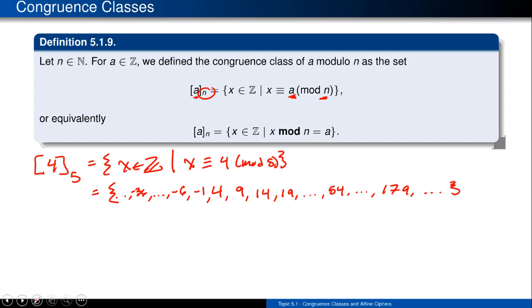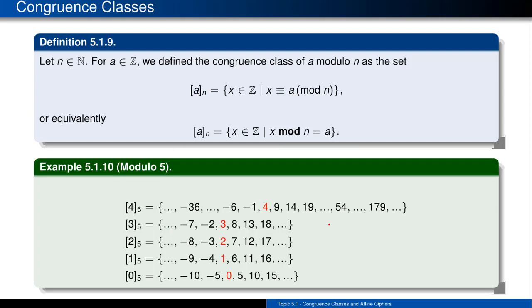What's nice about this is that I could do the exact same thing not only for a 4, but I could look at, let's say, all of those things that are congruent to 3, as well as all those things that are congruent to 2, those things that are congruent to 1, as well as all those things that are congruent to 0. So rather than actually having to handwrite all these things, I'm going to jump in time and actually have the nice typed out version of all of these things